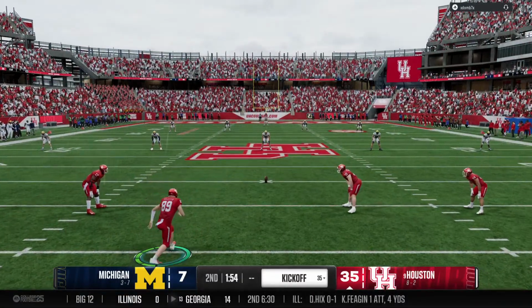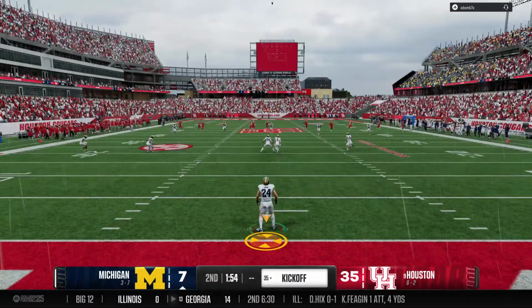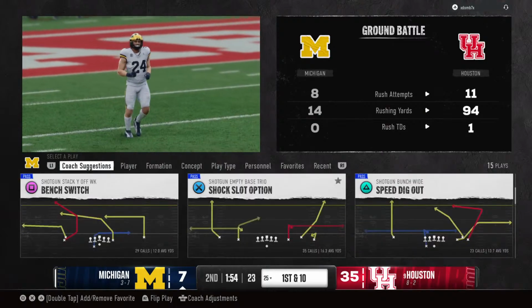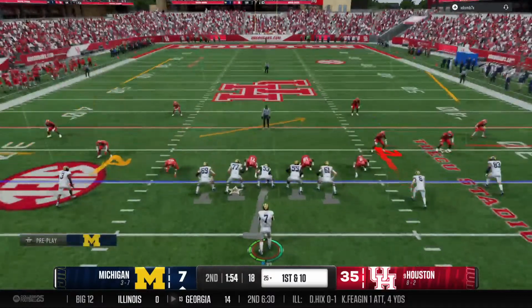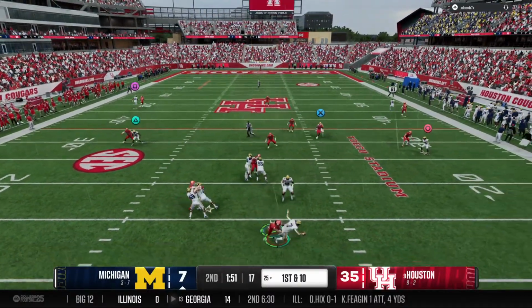Almost ready to kick it away after scoring the touchdown. Set to kick this one away. No return coming. He'll call for the fair catch. Michigan ready to get that offense rolling again. Boy, they've been caught in a buzzsaw here in the first half, but maybe a chance to carry some...